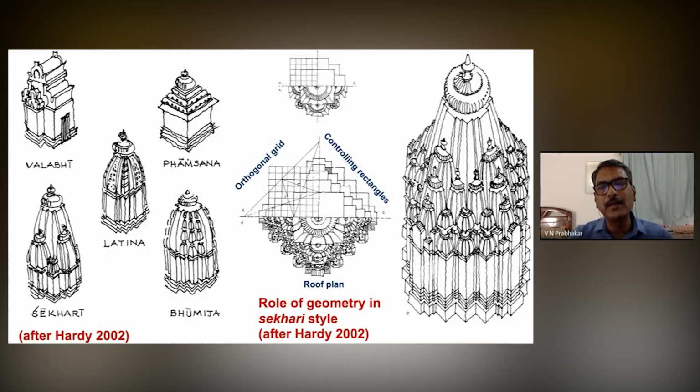I mean, it can be a very simple temple style with only this projection and this projection, but here they are adding additional components, adding more rectangles and creating a complex format. And in more complex ones, again, they were adding more projections here, and they're creating a group of shikaras or shrines which rise along with the main central shikara. So this is how they have created a very complex pattern, but very beautiful and very symmetrical in terms of alignments. And that is one of the hallmarks of the peak period of Indian temple architecture.